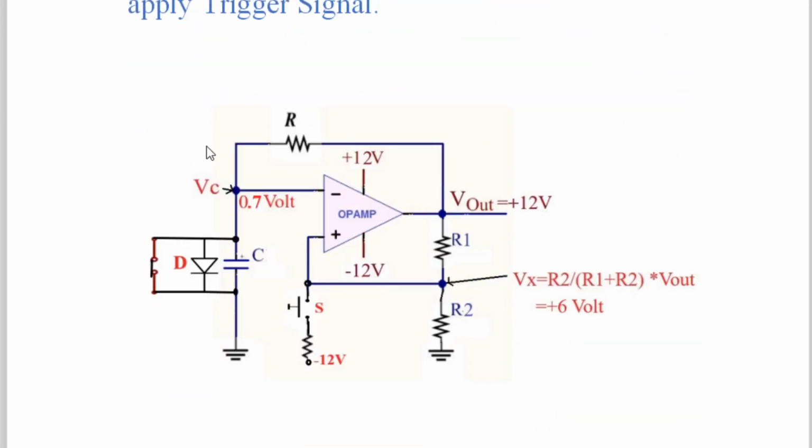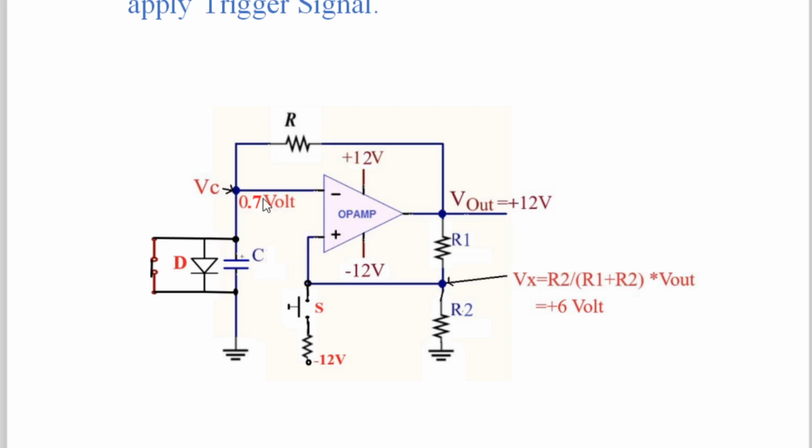So see here. In this diagram, as soon as we turn on the power supply, I have written here plus 12 and here minus 12. The moment I turn on the power supply, this voltage Vc is not 0 volt now. It is 0.7 volt. Why is it 0.7 volt? We'll come to that. Initially this was 0 volt. As soon as I turn on the power supply, due to the feedback voltage at the junction of R1 and R2, this is slightly greater than that. Here there was 0 volt, so this was greater than 0. That's why the output was plus 12.